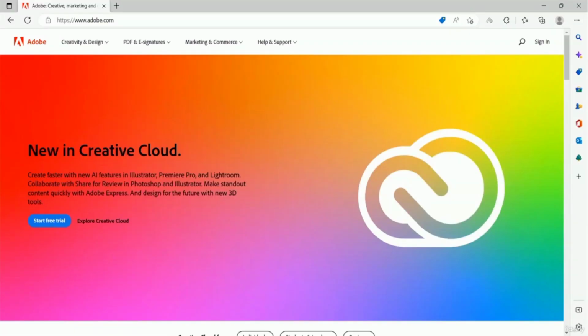Welcome to the first chapter of learning Adobe Photoshop. In this chapter we will learn how to get the software for using Adobe Photoshop on your computer. You can see on my screen that I have opened a website in my browser, and the name of the website, or web URL, is